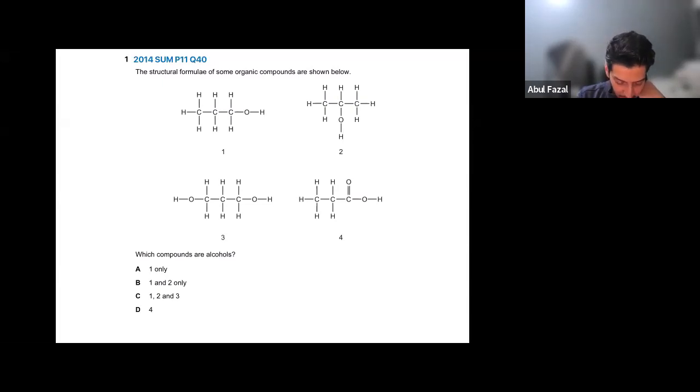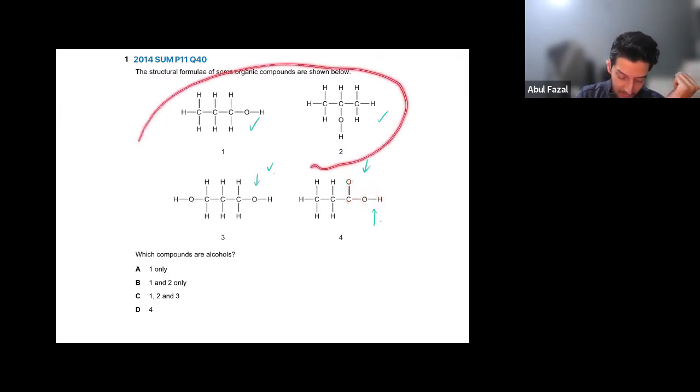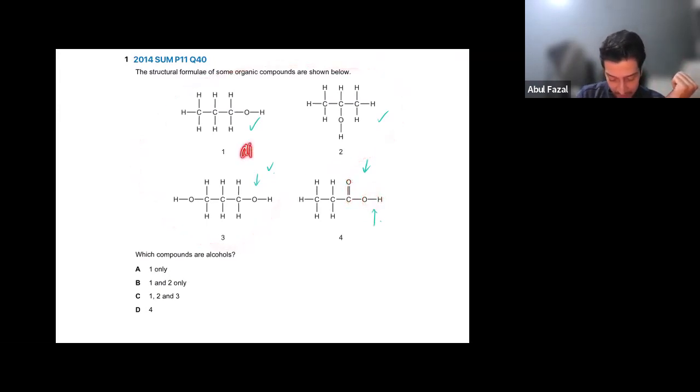Yeah, all of them are alcohols except this. This is an acid. It's propanoic acid. This is an alcohol. This is an alcohol. This is also an alcohol, right? Because it doesn't matter if it has 2 or 8 functional groups, it's still an alcohol. It'll do all the reactions an alcohol can do. This won't do any reactions an alcohol can do because it'll do acid reactions. The OH behaves differently because of the carbon with the oxygen double bonded. So all 3 of these are alcohols. This is called a diol because it has 2,